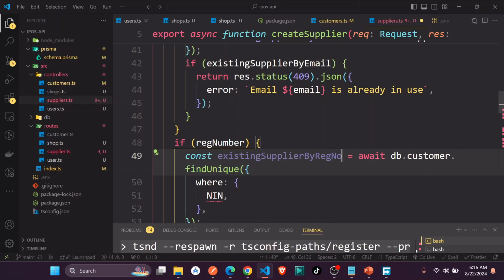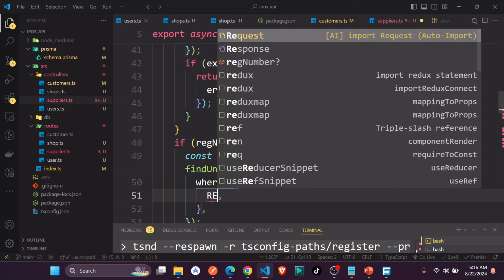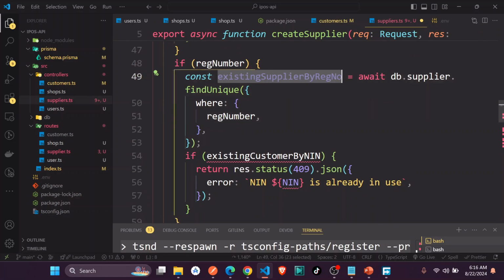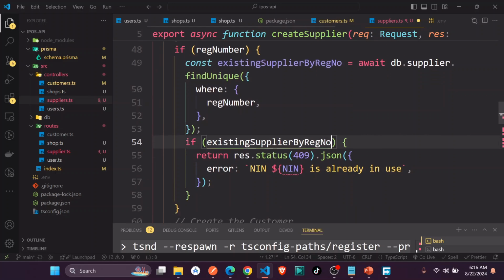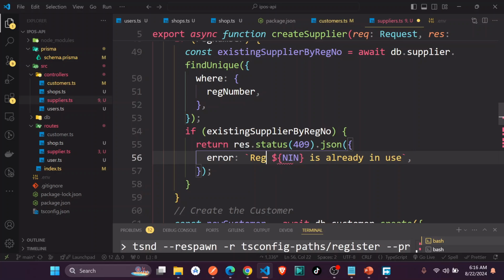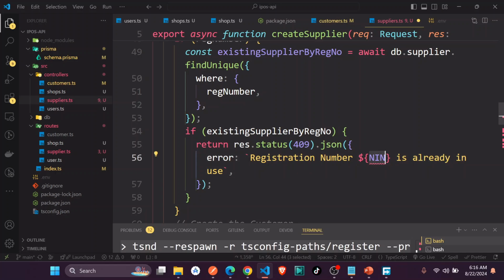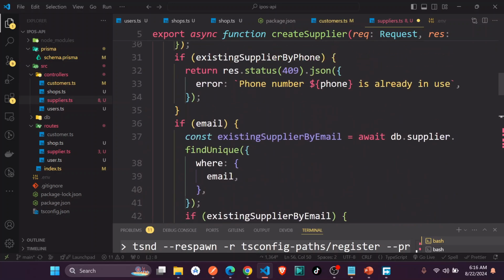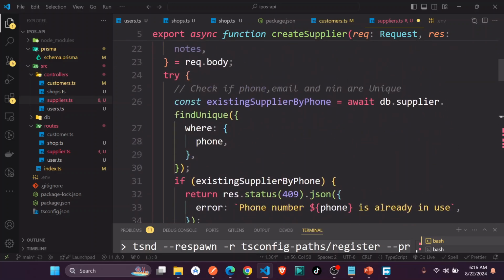number is going to be supplier here, where reg number, just like this. And you're just going to have here existing supplier by reg number, and we can just say registration number, and here we can just put reg number is already in use. So after doing those checks, now we can just go ahead and create the